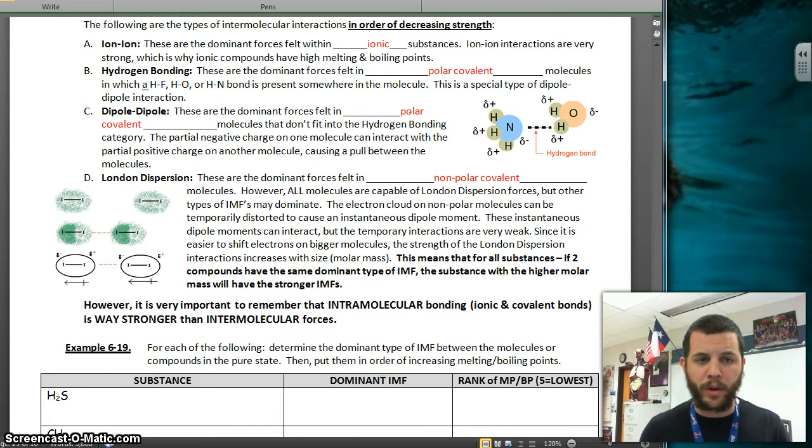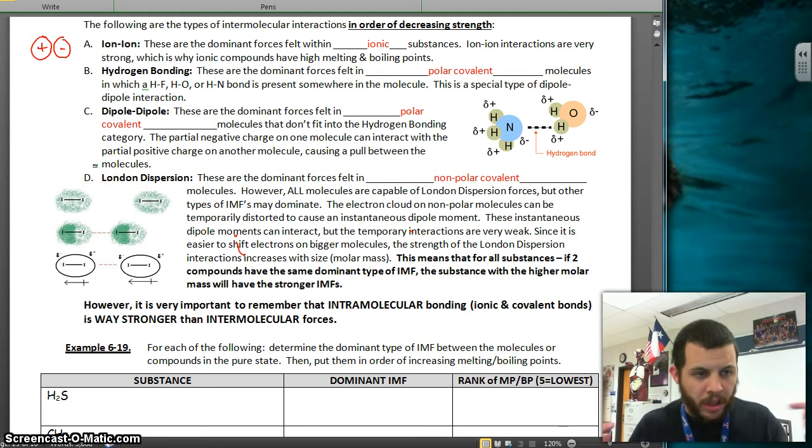This is an extremely strong interaction because we have a positively charged ion attached to a negatively charged ion. Very strong because you've got two fully charged things which are stuck together. Very, very strong. This is going to happen in ionic compounds. Hydrogen bonding is the next strongest, and this is where you have a polar covalent molecule that has a hydrogen